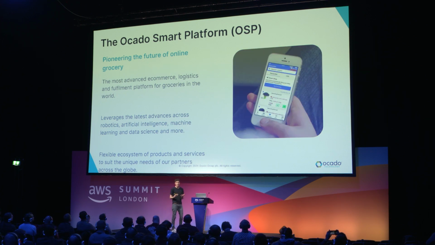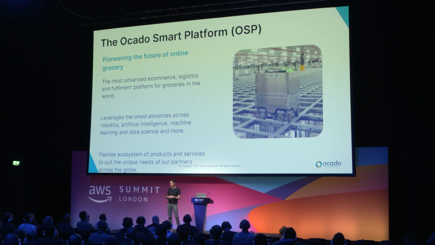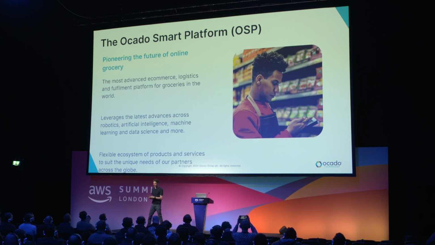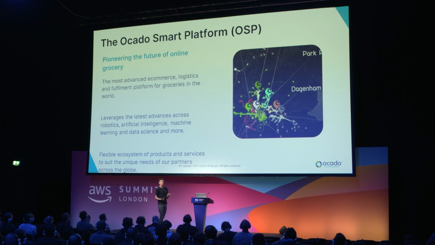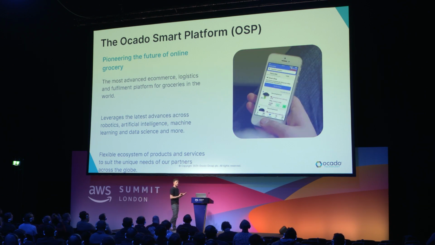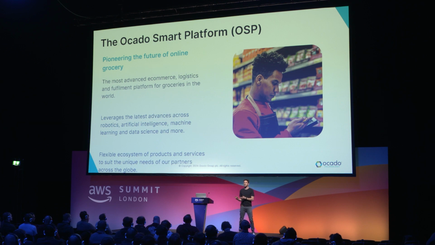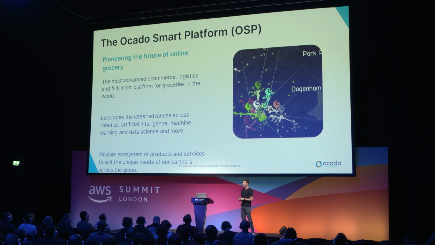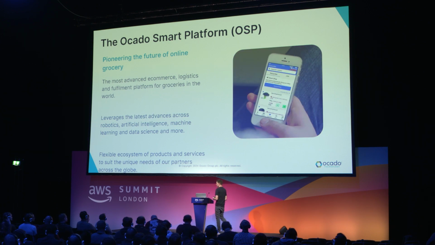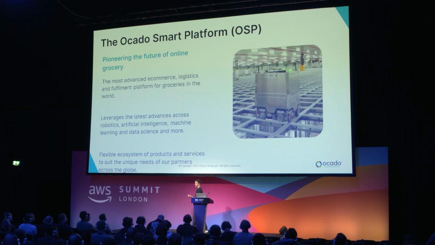Now, for example, in our e-commerce solution, just to show how we use some of those technologies, we have a feature called Smart Shop that basically looks at your historical buying habits and uses time series analysis to work out the cadence at which you buy certain products, and therefore is able to predict what you want in your basket at any moment in time. So we can actually do your weekly shop. You can do your weekly shop with just one click with Ocado.